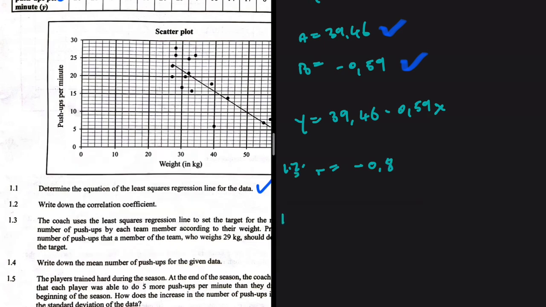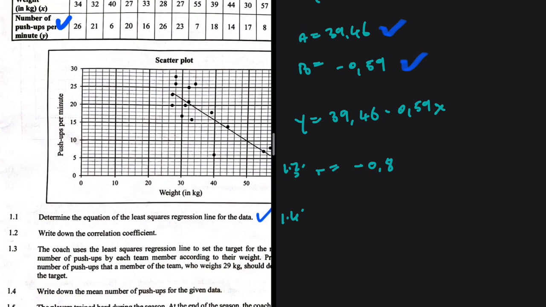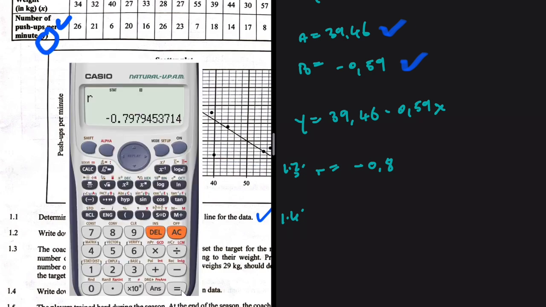And then 1.4, write down the mean number of push-ups for the given data. The number of push-ups is our y. Let's see if we can find that when we press shift 1. Shift 1, and then let me hit 5 and see what happens. We have x and y there. I think that is y bar. Let's see, 5 is equals, oh okay. Did I just get an error? I don't know whether that is supposed to give us the mean or what,